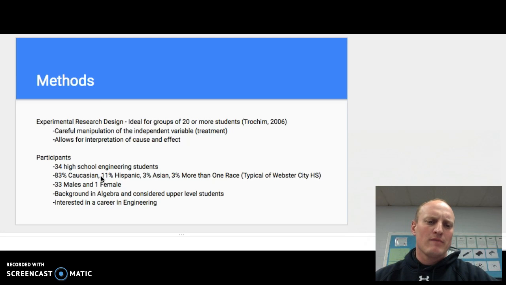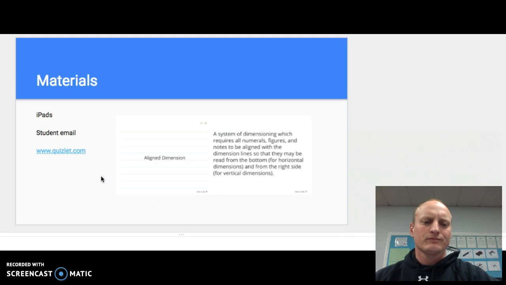I did have 33 males and only 1 female, and I'll talk a little bit about that as a limitation later on. But all the students did have a background in algebra, and most were considered upper level students, and they all had an interest in a career in engineering.